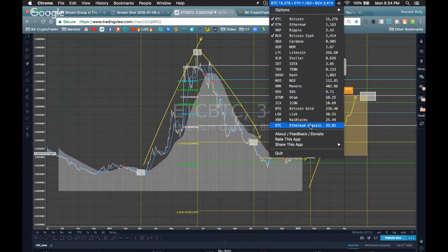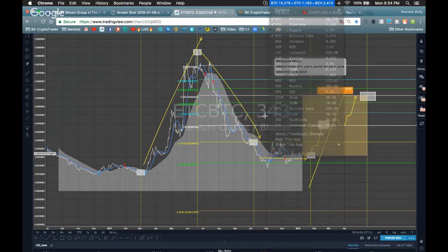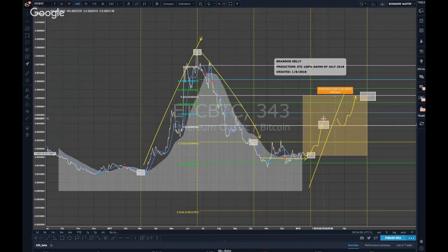Ethereum Classic, $30. Which one has more immediate growth? I'll leave that up to you, but the charts say ETC by far, right? So again,